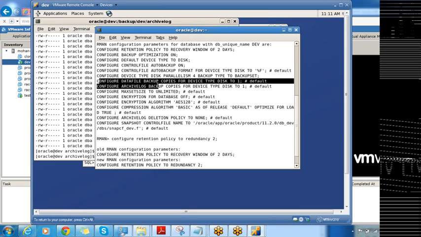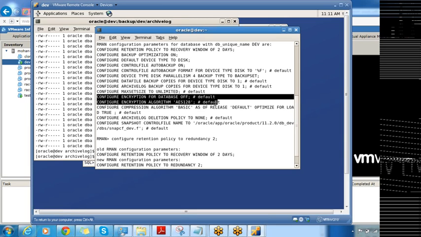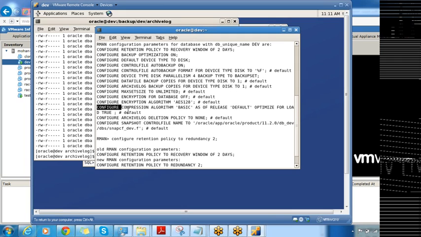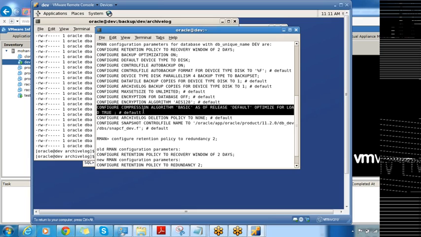Next, you don't need to worry about these two parameters. Next, this also you don't need to worry about. Actually, if you want to enable the encryption, you have to turn on the encryption and you have to specify the algorithm which you want to go for encryption. Okay. And what should be the compression and compression algorithm. If you want to go for compression,